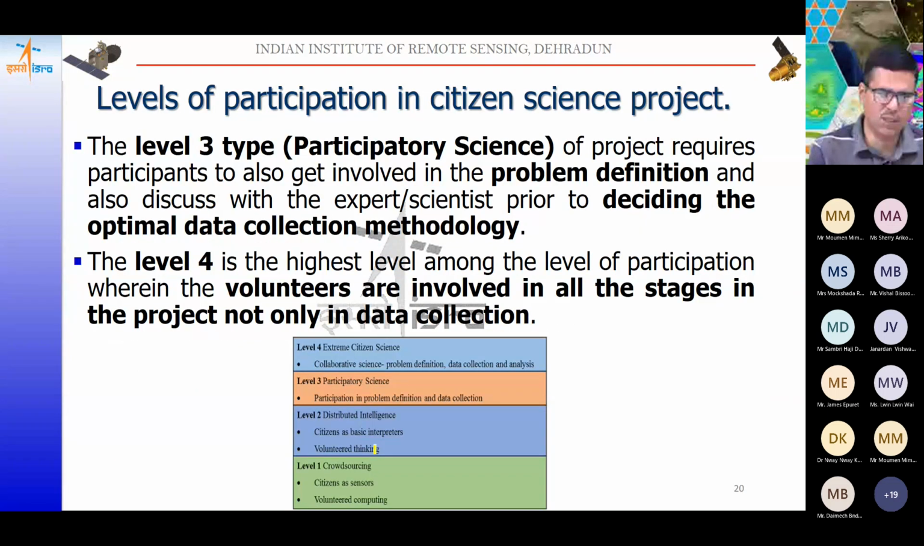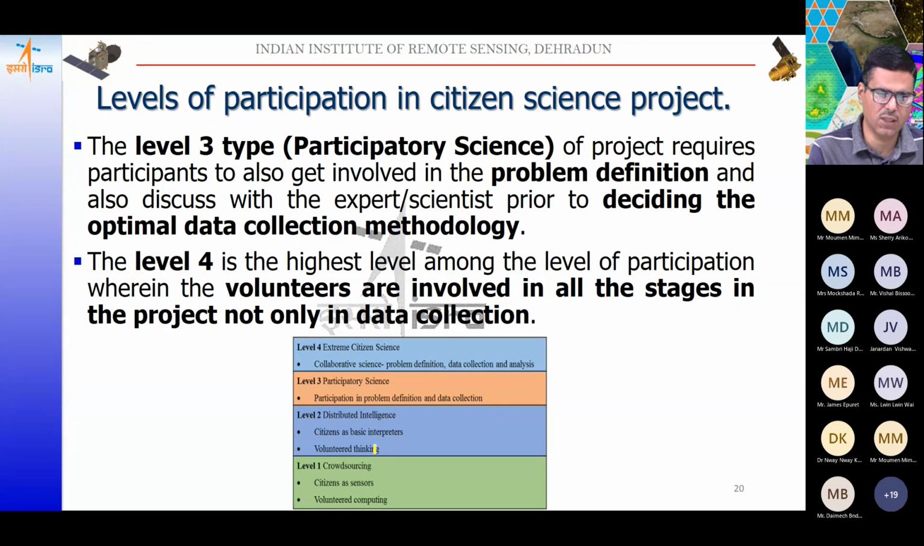Now, level 3, which we call participatory science. Here the participants are required to be involved in various phases like problem definition, wherein they can discuss with the expert or scientist prior to deciding, let's say, what the data collection methodologies should be. So here he is involved not only purely from the data collection perspective or providing resources for computation or interpretation, but he is also a part of the project, wherein he is defining the problem and also defining the proper methodology for